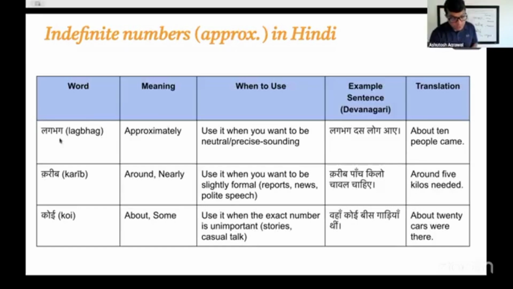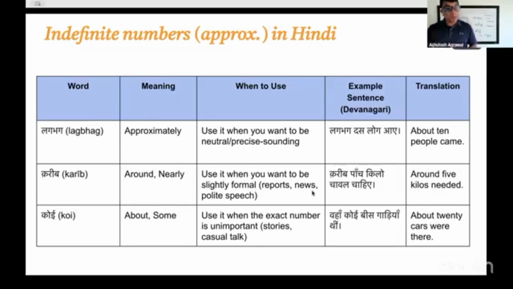When you want to use kareeb, as most of you mentioned, it means around. You use it when you want to be slightly more formal, when you talk about reports or news or political speeches, or even when you are shopping, right? Kareeb 5 kilo chawal chahiye. Around 5 kilograms of rice is needed.